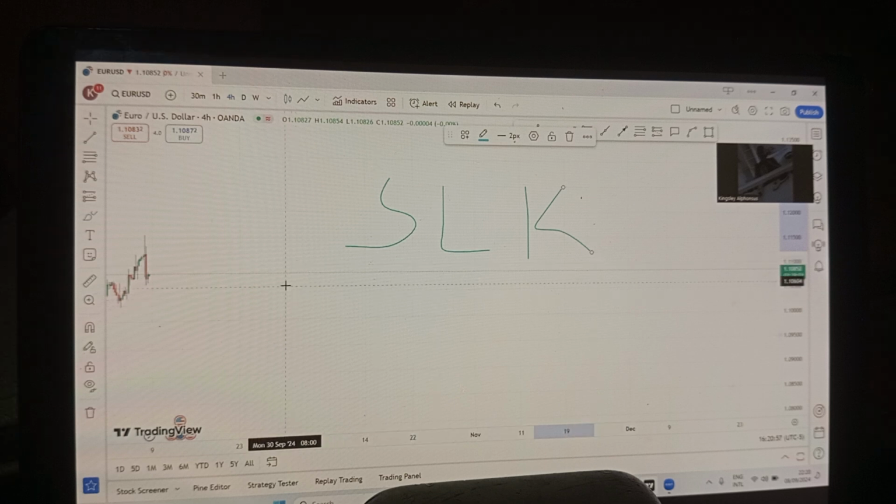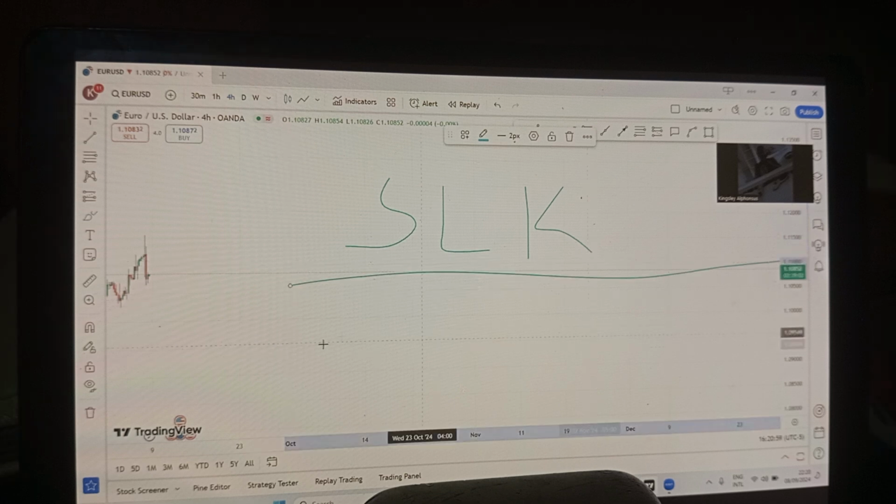So this is the strategy, SLK. This S stands for structure, right? While this L stands for liquidity, and this K stands for key level. You understand? Okay. So other people choose to call this same strategy